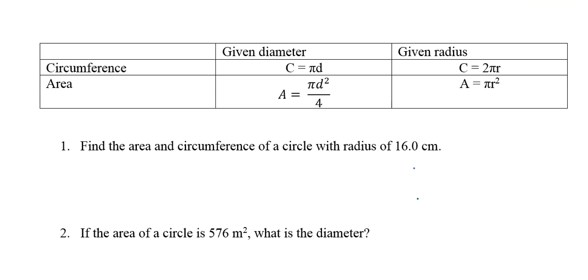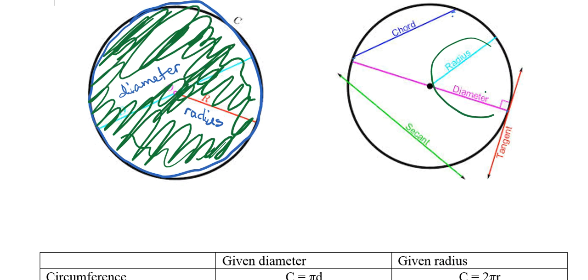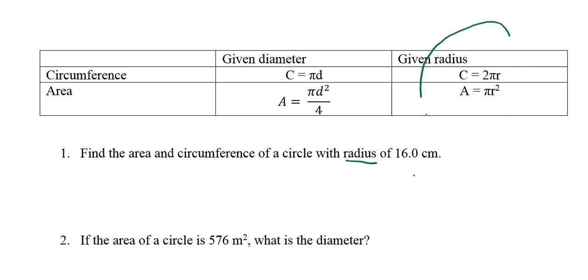So we're going to go ahead and practice using those formulas. In this question, as I read it, find the area and circumference of a circle. This one gives us the radius. We have a radius of 16 centimeters. So we're going to focus on the equations over here on the side. For area, I'm going to do pi times 16 squared. When you are doing your calculations, I do prefer you use the pi button. Please do not use 3.14. Use the pi button. So 16 squared times pi is approximately